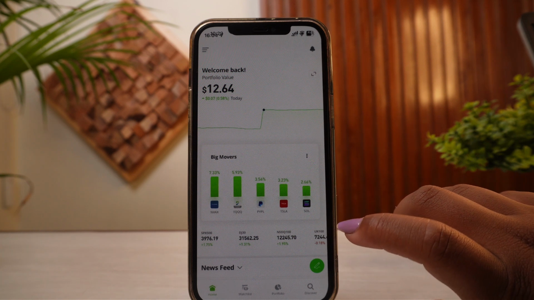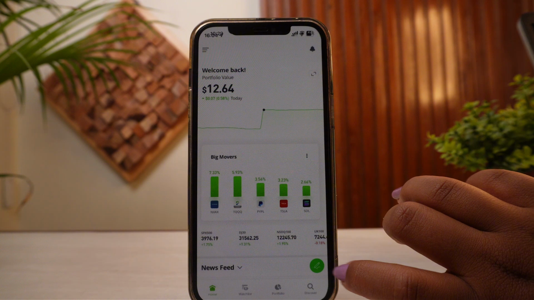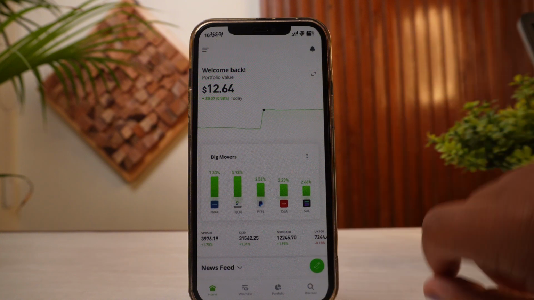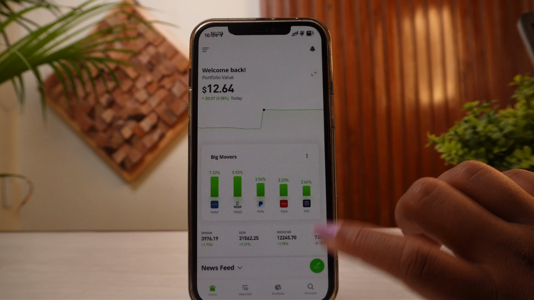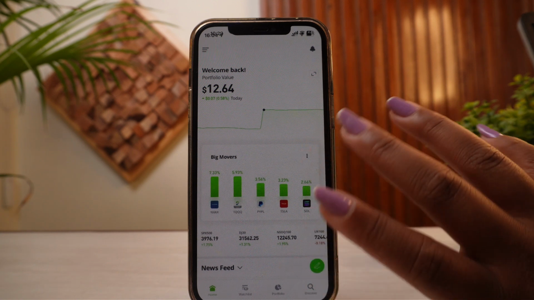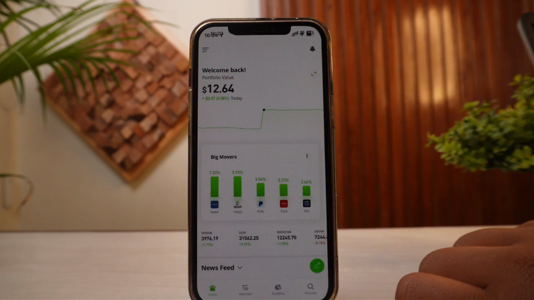So for that, what we're going to do is get to our homepage just like this, and then from there you will actually need to transfer all of your stock, crypto, and commodity positions. So after making sure that your account is on null, or you have like $0 left, now what we're going